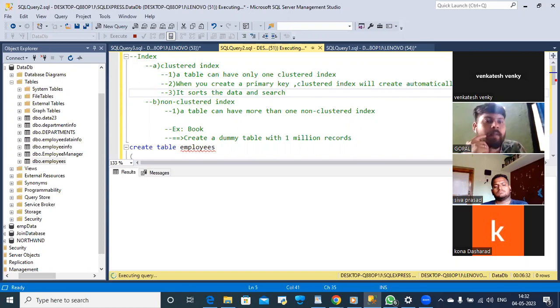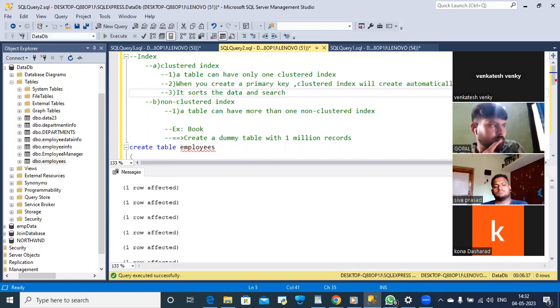I can directly get into that record. Right? So that is where exactly the index concept comes in. Index is also like that. If you can create an index on your table, it automatically in the background sorts the data, and then next time when somebody searches for a record, it will get it for you, right? That is called